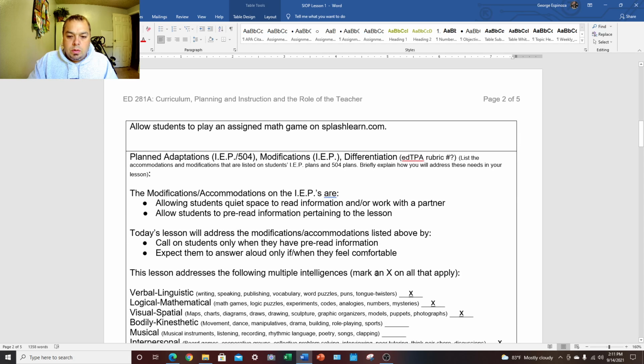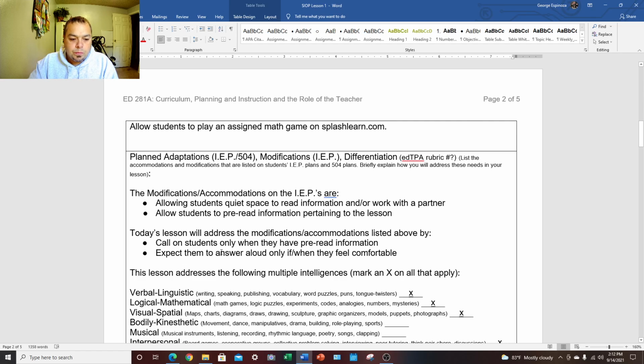For the IEP students, the modifications for them would be, number 1, to allow students a quiet space to read information with a partner or by themselves, and allow them to pre-read the information pertaining to the lesson. They would not necessarily be directly involved with the information as we were speaking about it in the live action. They would be able to pre-read it by themselves where they felt comfortable. Maybe there was a quiet corner where they could go read it, become familiar with it before they would be expected to answer questions or have a discussion about it,